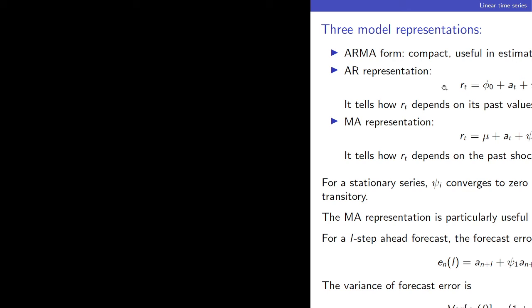We can write it in different forms. This is the AR form, which is basically an AR(infinity) model, and it tells how r_t depends on past values. And MA,